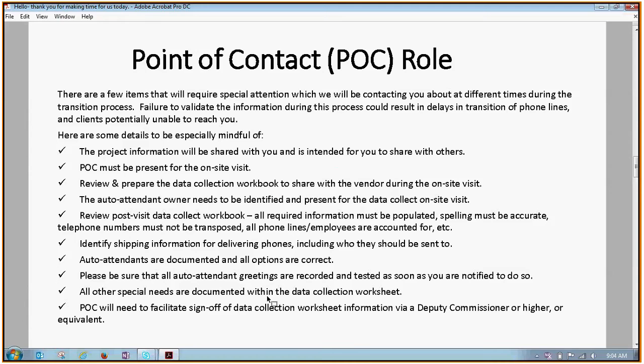A little bit more about this. I'm not going to go through the whole thing. You can read it, but the point of contact role, what you should definitely know is you are the person who is validating all of the information, processing the data collection. And by validating the information, what I'm referring to is the data collection worksheet, which the NWN network engineer will be on site to go through with you. You just need to verify that that is what your business requirements are, and make sure that you can facilitate sign-off,